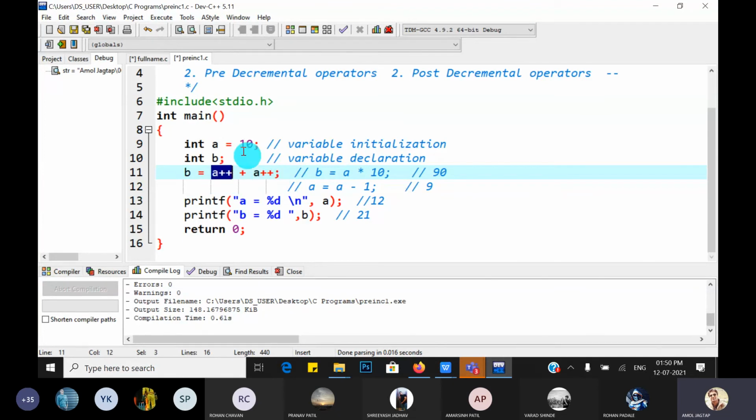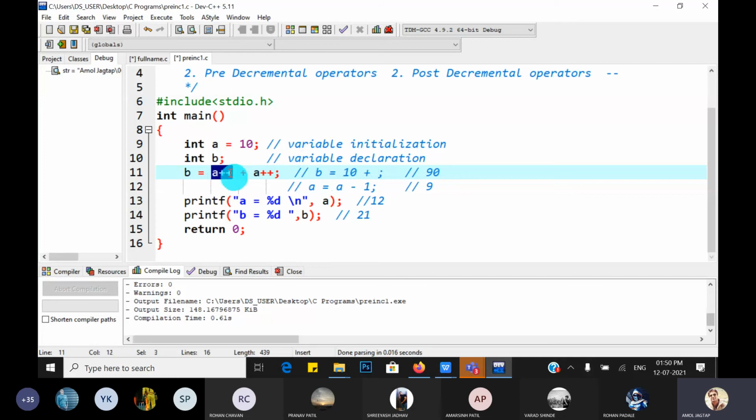So with 10 plus plus, when this statement goes to this line to add this A with this, the statement gets executed because the plus operator has less precedence than the increment operator. So A itself remains 10.